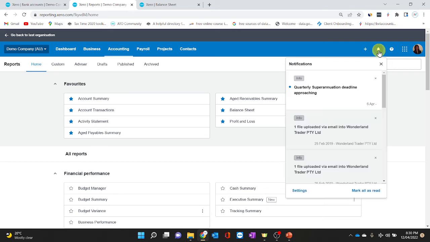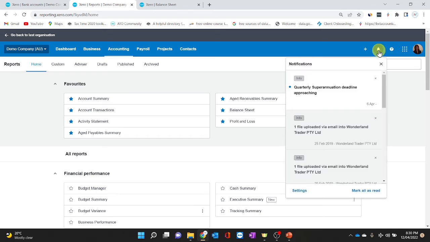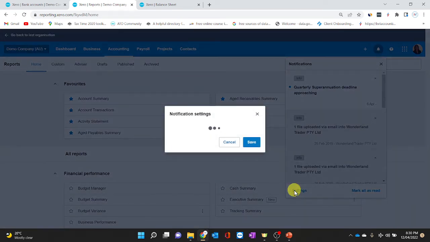The notification bell up here is being used. You will receive these notifications from Xero every time they have new releases, or every time there is a new bank feed status that gets updated. And if you are the subscriber and the payment has been processed, you will receive notifications from here. Now you can go to the settings. If you don't like to receive those notifications, just simply click this icon here and then click save. But let's leave it